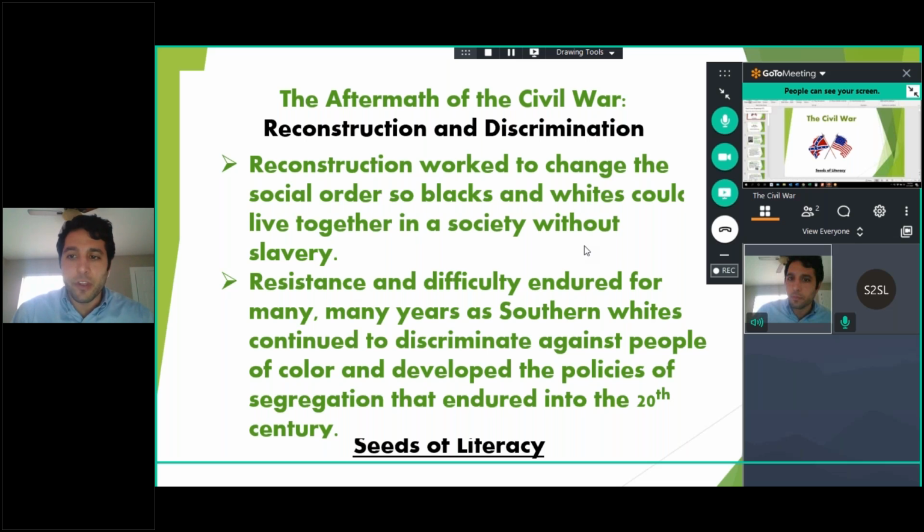So, for example, if they wanted to drive people of color away from the polls, they would institute poll taxes or literacy tests or things that they thought certain groups of people would not be able to deal with in order to disenfranchise them, which just means, basically, take away their right to vote. And that's just one example, but the resistance in the South and the failure of the North to really see through some of the reforms that they were instituting in the South basically gave rise to the policies of segregation that we saw through the beginning of the 20th century.